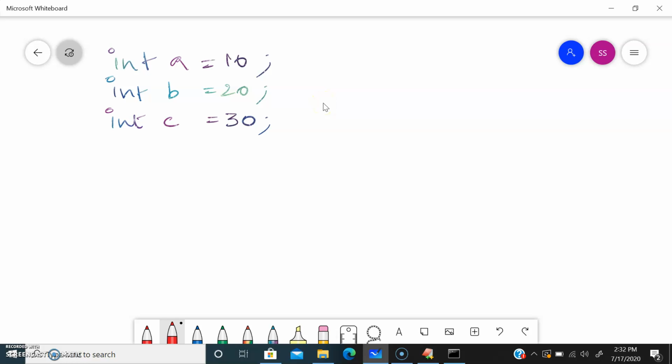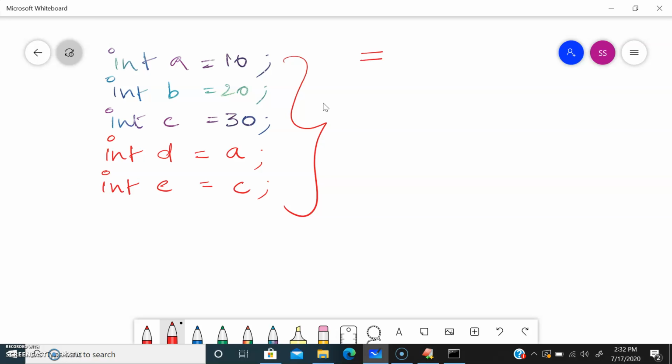Now int d is equal to a, int e is equal to c. What is happening over here is we know the double equal operator is used for checking a condition, something like 10 is equal to 10. If it is true, it returns true, or else it returns false, right? Now I'm using a single equal operator.